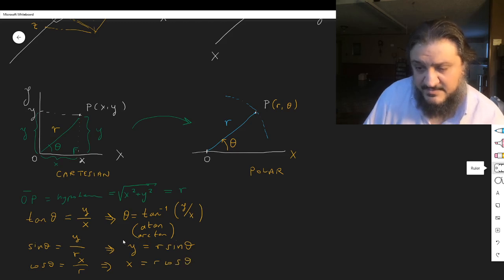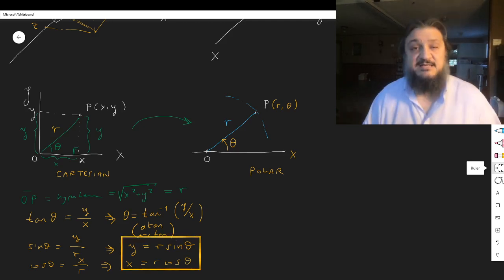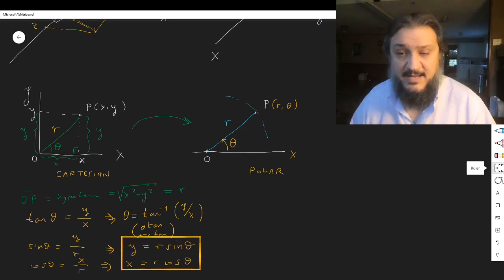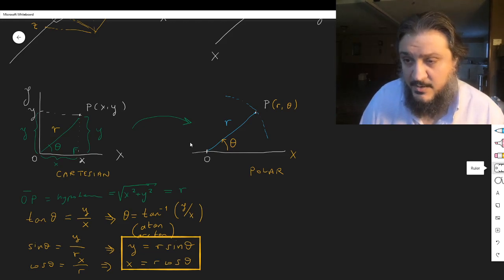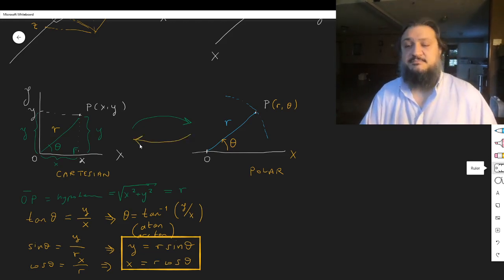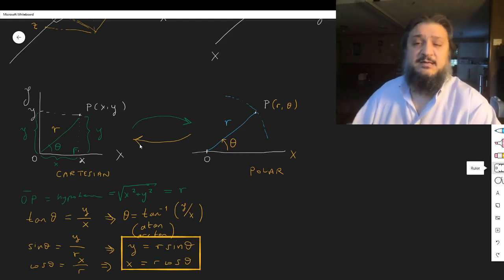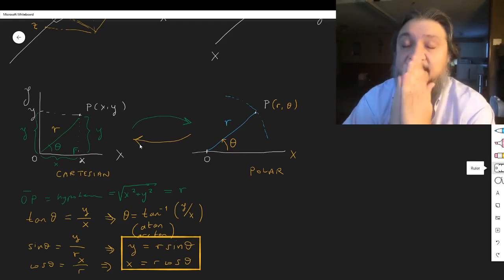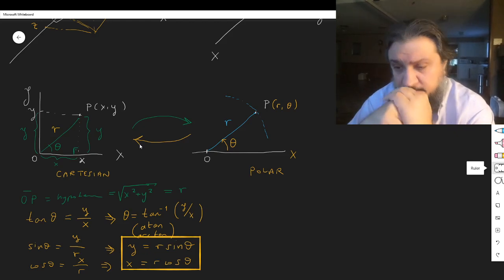So there you have it. These two are your formulas for finding x and y given r and theta. That will be going in the other direction, from polar to Cartesian. Okay, really simple, basic rules. There are a couple of things you have to remember though. First of all,